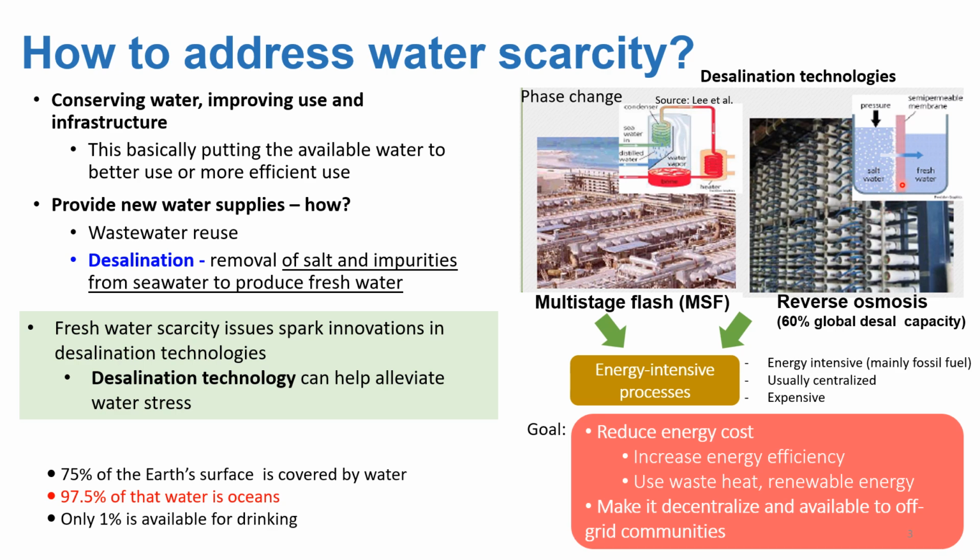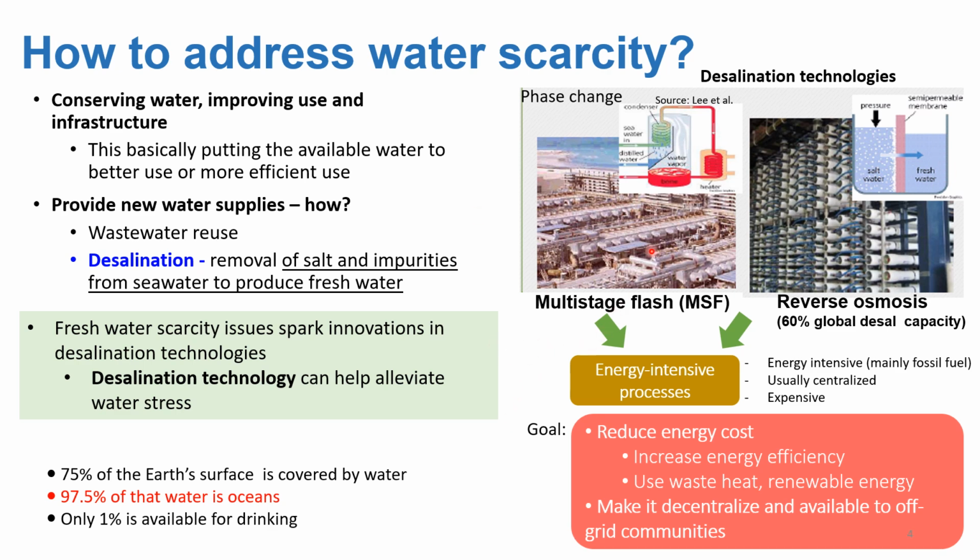If you look at this figure here, you can see that seawater is on one side, separated by a membrane. This part is the membrane, a semi-permeable membrane, and the other side is the fresh water, or the purified water. This part has a lot of salts, and you need a high pressure so that you can allow only water to pass through the membrane. The membrane will only allow water to pass through, while the remaining salts are left on the other side. The other side is fresh water or purified water, which can be used for drinking purposes or other applications.